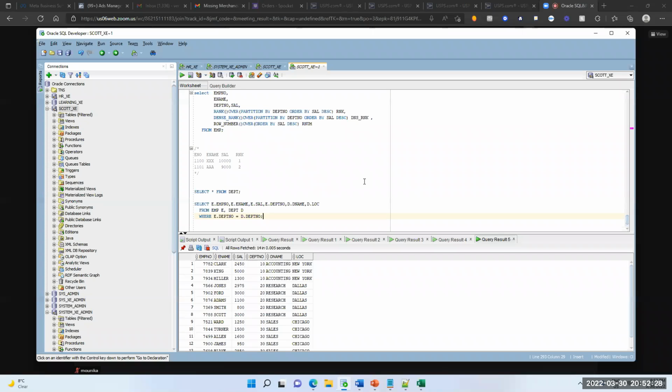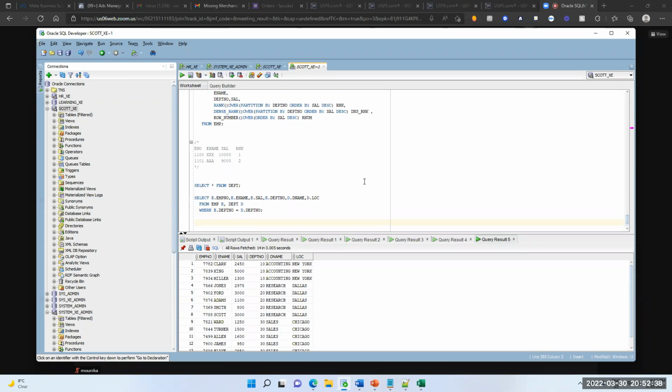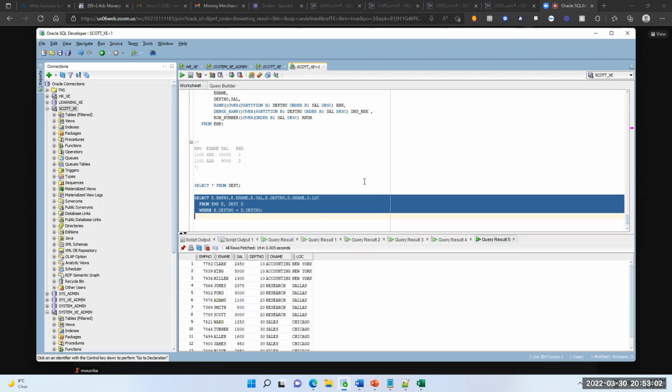This is called an equijoin because we are joining with an equality operator. And we have some more joins actually. Slowly, one by one: equijoin, self join, and outer joins. These are the joins we have. And on the equijoin side we have inner joins. Some people will use some methodology. For example, I can write this query in a different way also.